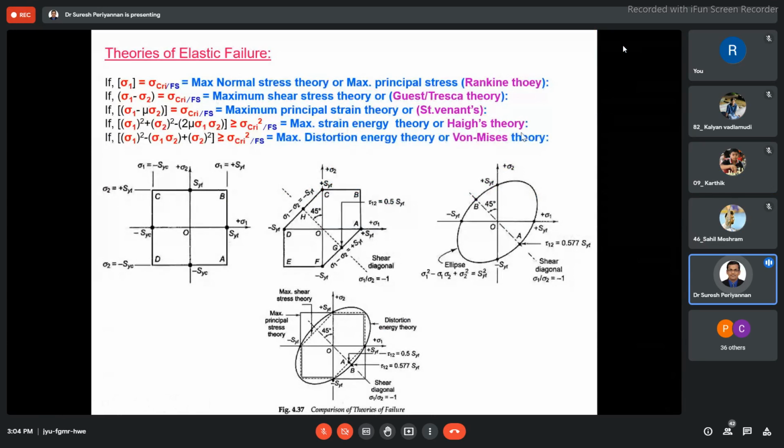Yesterday in the last class we discussed the different types of theories of elastic failure. The major theories like maximum normal stress theory, or principal stress theory, are only applicable for brittle material. It's also called Rankine theory. Here sigma 1 is equal to critical stress divided by a factor of safety. Our design stress must be